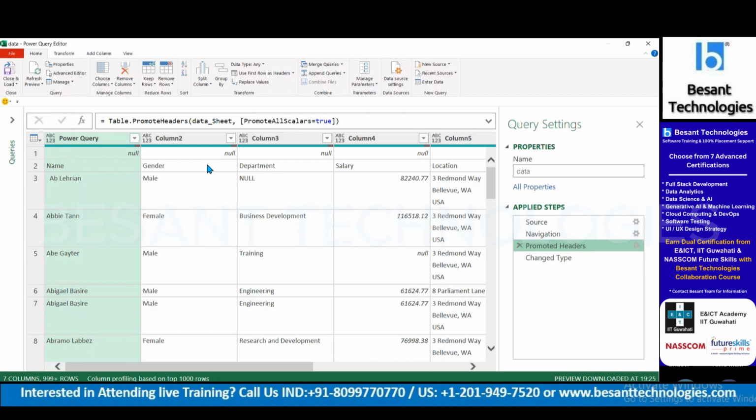How to remove them and all, I'll show in the Power BI only. I won't come here, but I just want to make you all understand a few basic things over here. Whenever you see promoted headers, just understand the meaning, no? Promoted, you don't even have to memorize. Just see the words and understand the basic meaning. Promoted header means promotion of my headers. Whichever row is there as my first row in my data, that's going to get promoted